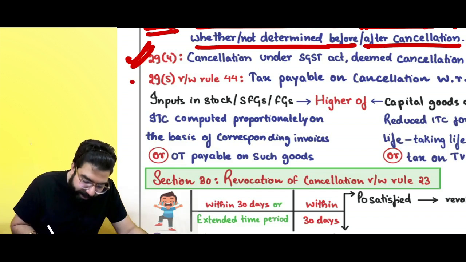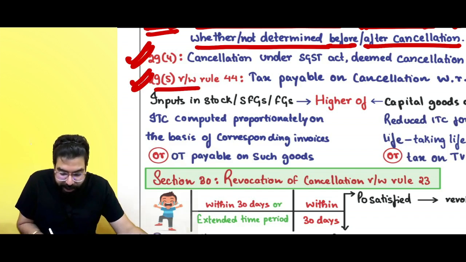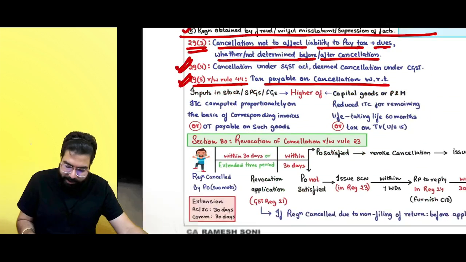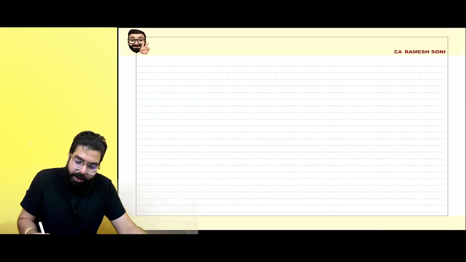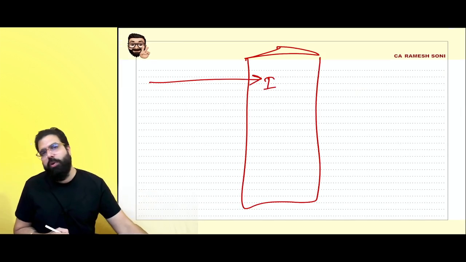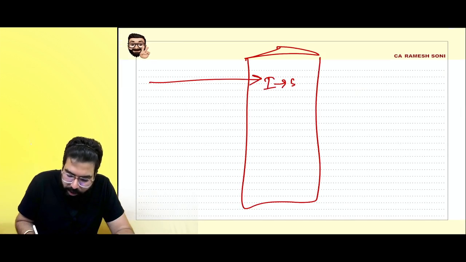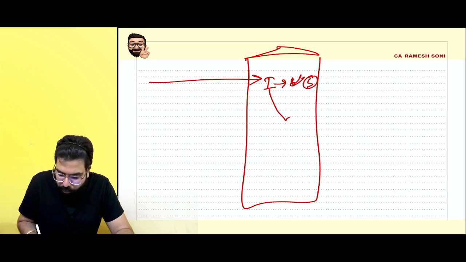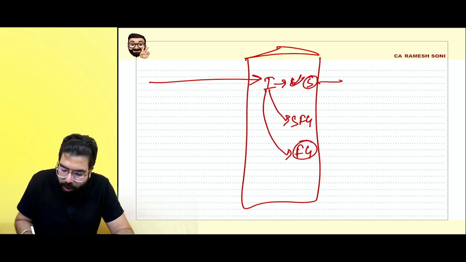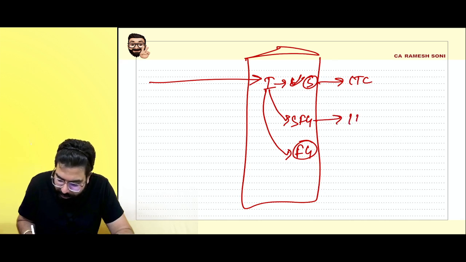Everyone, section 29(5): when your registration is cancelled, you have to pay tax on cancellation. Everyone listen to me very carefully. When your registration is cancelled, whatever inputs you have in your stock, inputs lying in your semi-finished goods, inputs lying in your finished goods, whatever ITC you had taken,